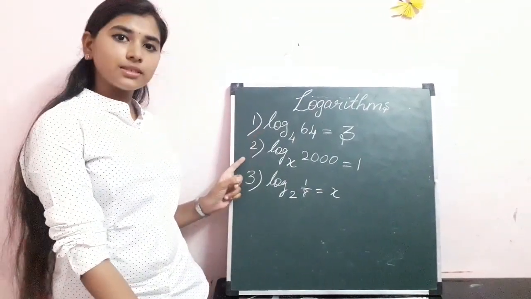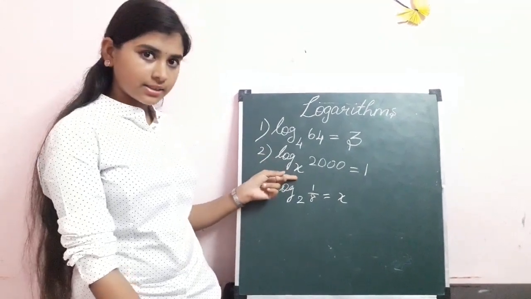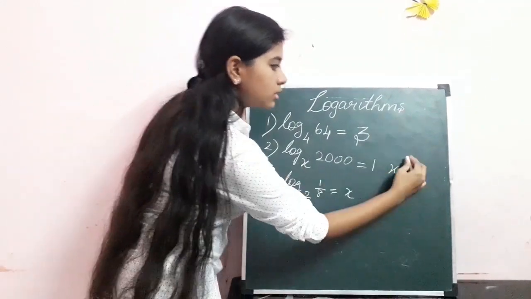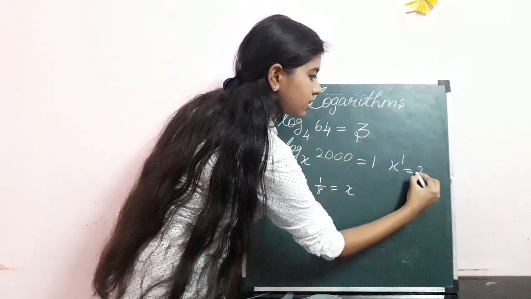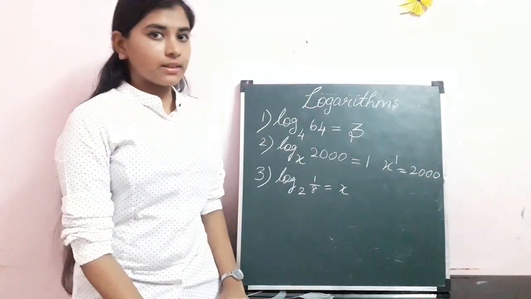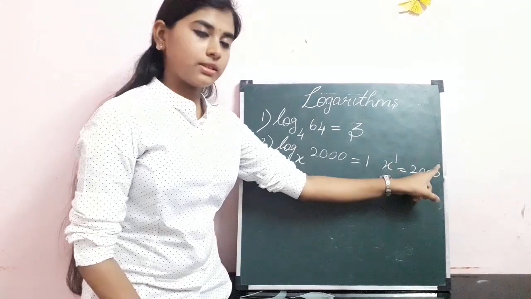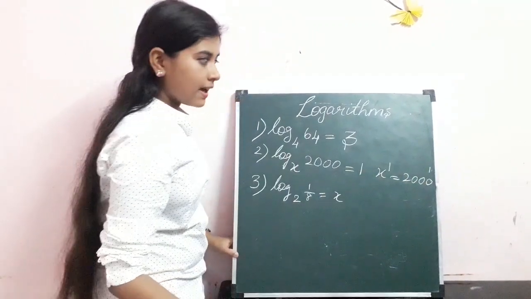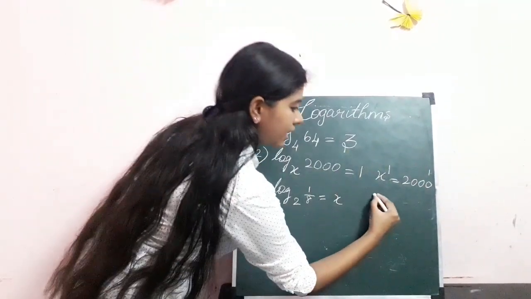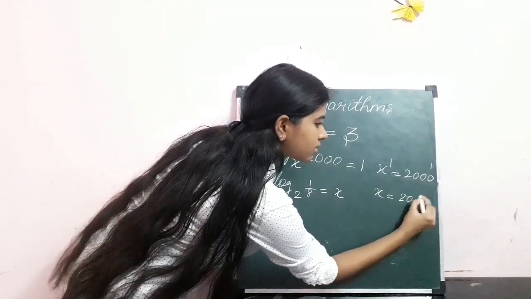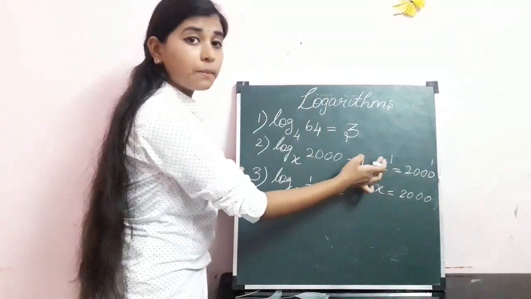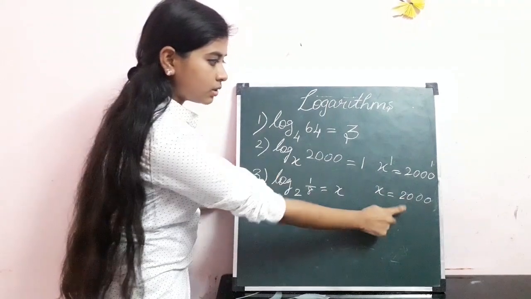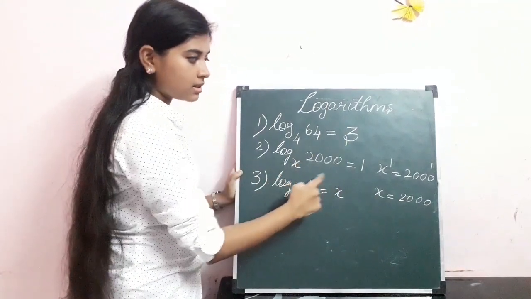Guys, let's move on to this second one. We have to find out this x. So as we did above, we have to evaluate this base here. Base raised to this power 1 equals your 2000. Now we have to evaluate these powers. The power of x is 1 and the power of 2000 is also 1. As your powers are equal, therefore equate your x. X equals 2000. Why am I doing this? Because my powers are equal. They are 1 and 1. Okay. So your x is 2000. So as 2000 cancels off, you will get 1.